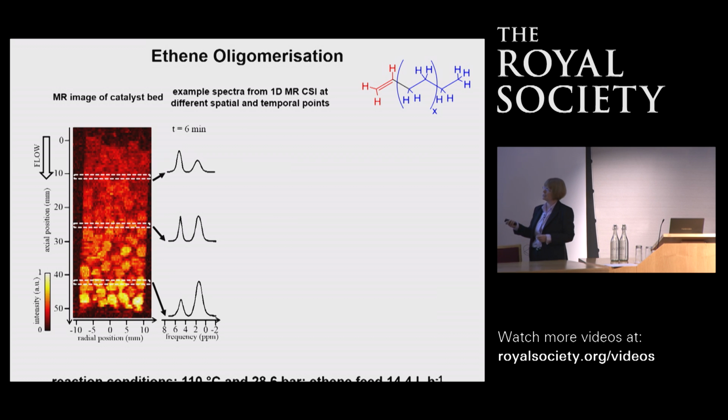The signal intensity you're getting in the reactor is the lighter shades mean higher signal intensity. So you're getting higher signal intensity as you go down towards the bottom of the reactor. You're forming liquid products. They're associated with higher signal intensity. And at time equals 6 minutes, we've just shown you 3 of the 96 spectra. And you see what you expect. You see the growth of that blue chain, the alkyl chain,